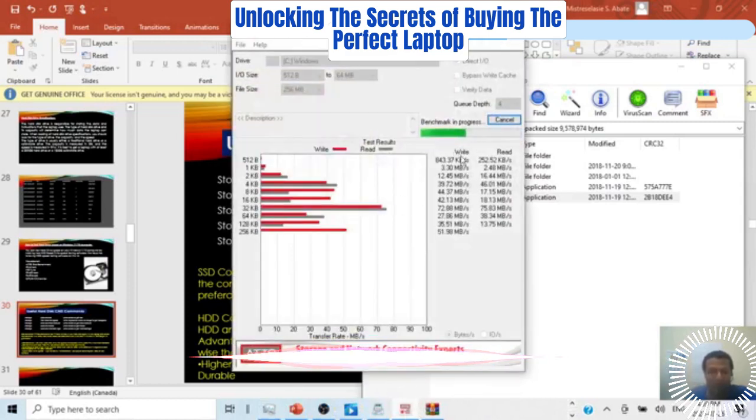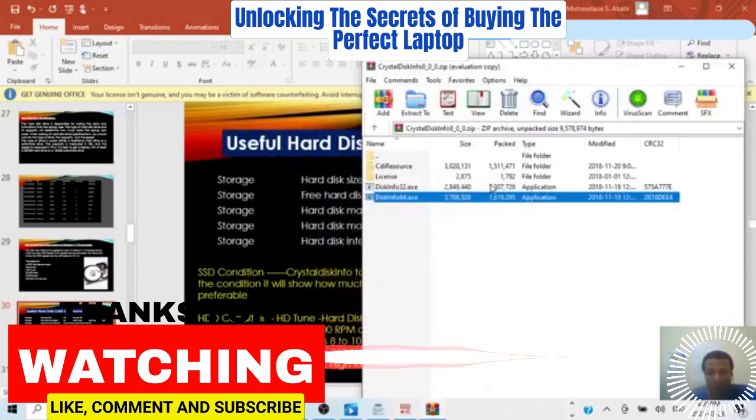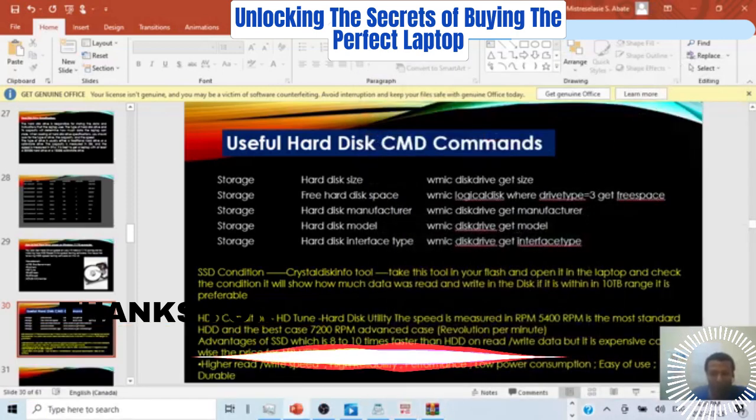And you see this one, it's scanning write and read. It will give us the write and read combinations. This is the test result. So now currently what I am doing, it shows me the write and read combinations, you see. So it will continue like that. I think we will come back when it's open. Anyways,